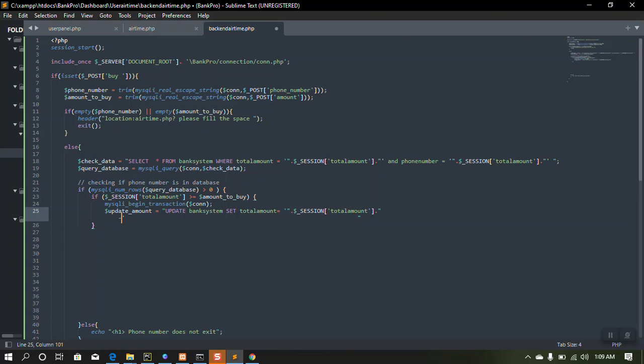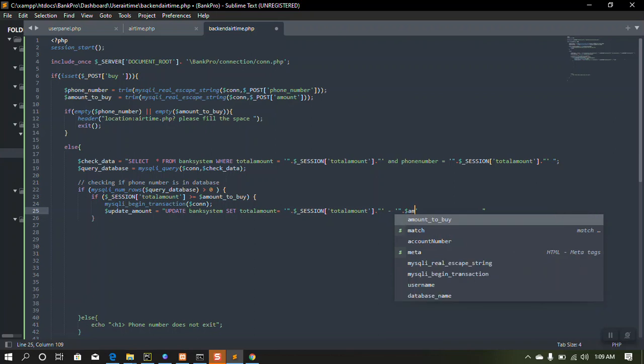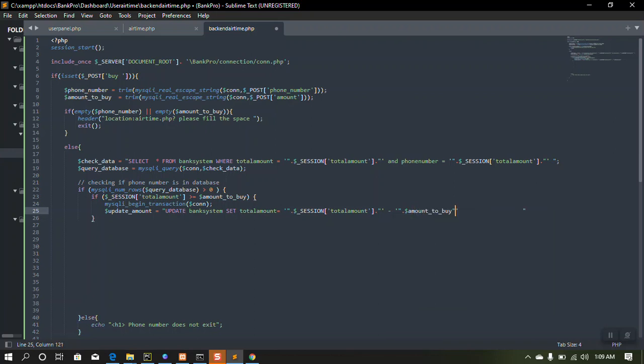Minus. I don't want this like this. No, it's like that. Okay. Now minus what? Minus amount to buy. Minus amount to buy. Okay, minus amount to buy. We're updating it that way. Minus amount to buy. So we're going to say where,